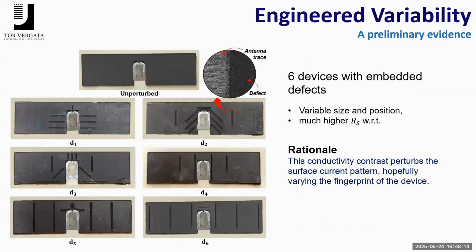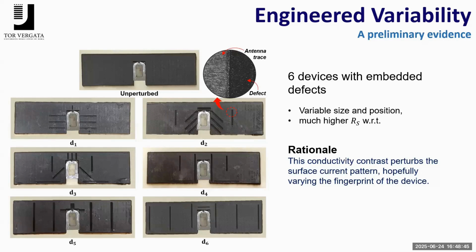Then the experiment with engineering variability, where we introduce some defects. These defects are a region where we have used different laser parameters to introduce not only defects on the boundaries of the tears, but also a different sheet resistance. So the current will be disturbed by these defects, and we will have not only small scale variation, but also